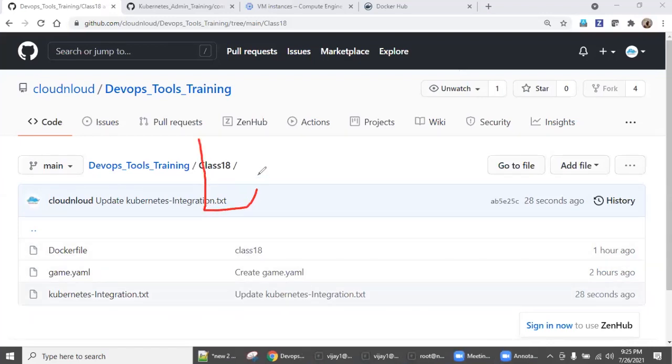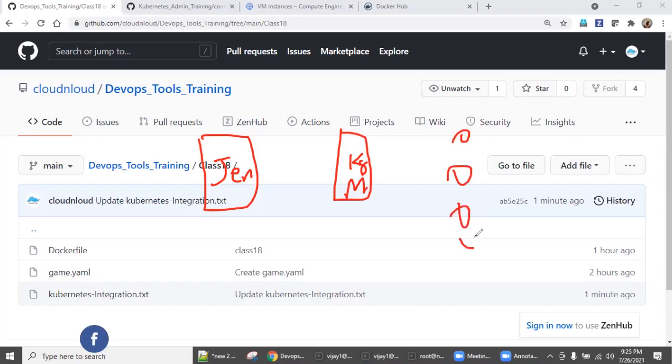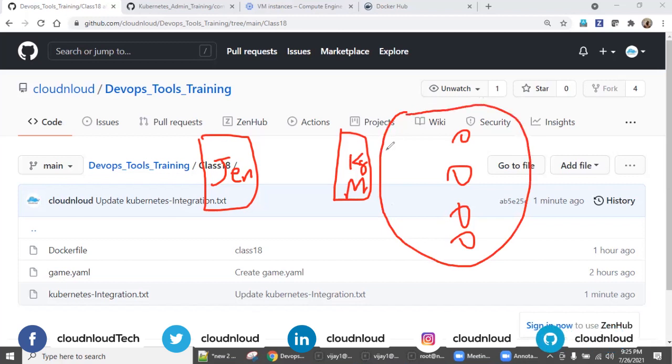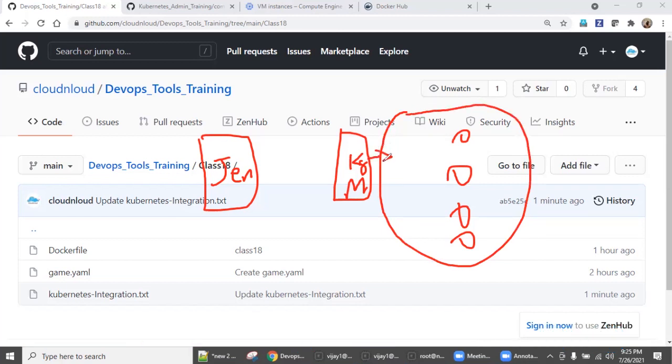Basically, I have a Jenkins server, a CI server, and I have Kubernetes infrastructure. Say this is the Kubernetes master, and there are a lot of worker nodes, all in a cluster, managed by this master, correct?